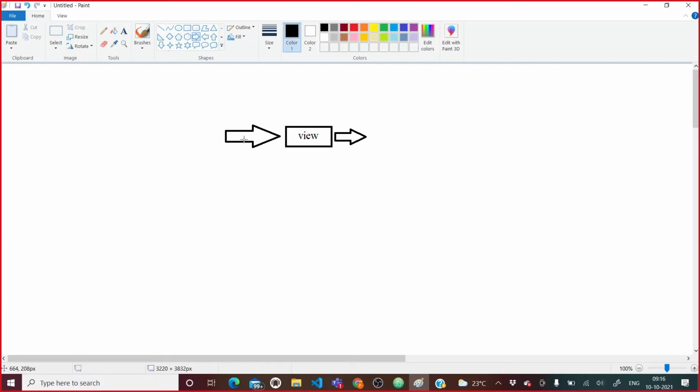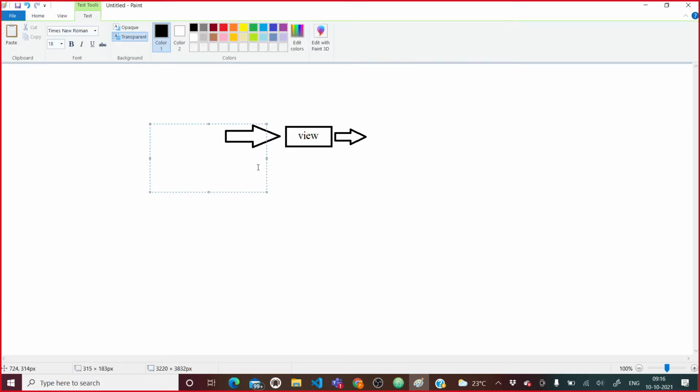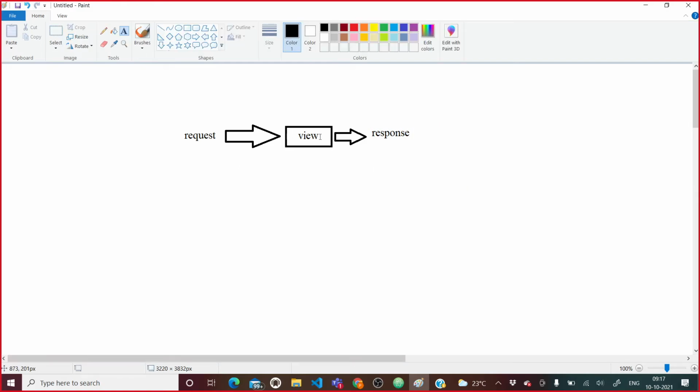We give a request and we get a response as an output. So this is the work of a view.